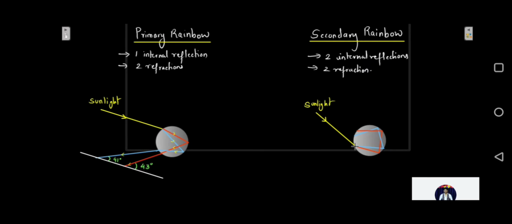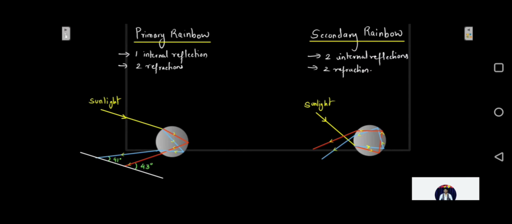So at this point the first refraction happened, the first internal reflection, second internal reflection, and now the second refraction is happening. So this would be refracting out, bending of light. This would be coming out like this, and this would be coming out like this after bending. So let's mark the arrows. So this went like this, and finally it came out.